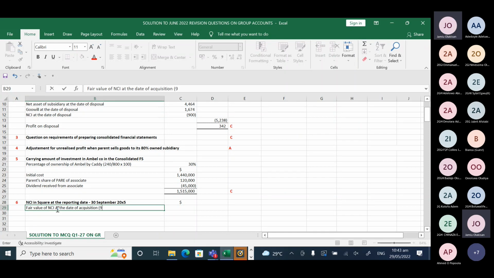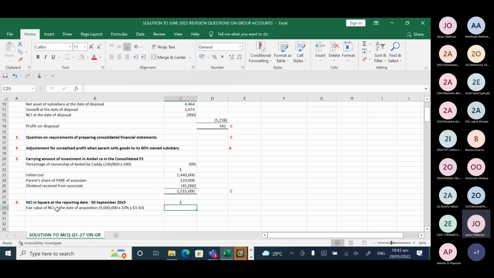The number of shares is 9 million from what we saw. NCI percentage is 20%. And the market price of the share of the subsidiary at the date of acquisition is 3.5. So we say equal 9 million multiplied by 20%, then multiply by 3.5. That gives